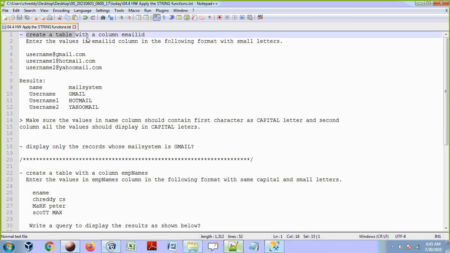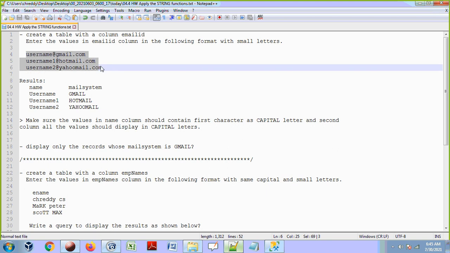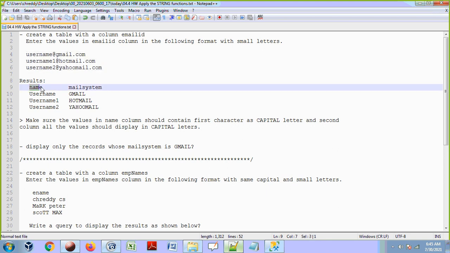So now create a table with a column email ID and enter the values in the email ID in the following format with small letters. Make sure all your email IDs are showing in small case in the table, and I want to display the data like this. In the result set I want to see 2 columns, name and email system.